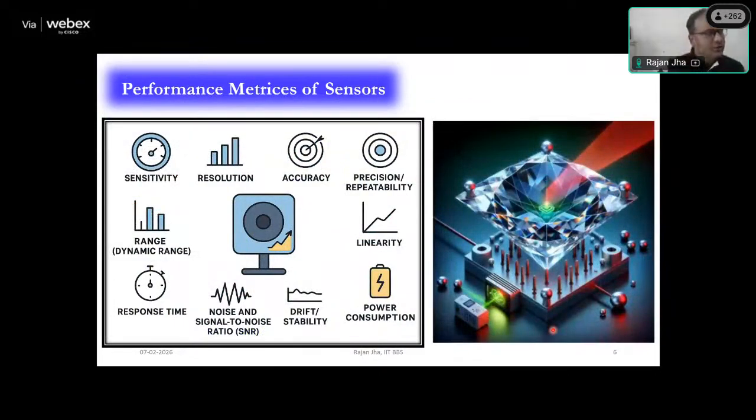So once you know the importance of these sensors, another thing we would like to know is how to know which sensors are good and which are not good. There are some performance metrics of the sensors which are accepted across the globe. These are the parameters on which any sensor, whether it is based on an electrical signal or an optical signal, is judged. These are some of the standards. Of course, the definition changes, but these are some of the performance metrics